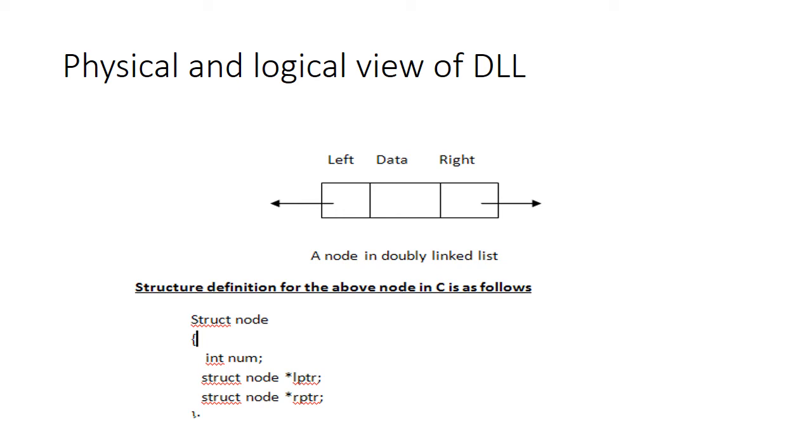We have to create a self-referential structure such that it points to itself. That is, the left pointer will create a node towards the left side, and the right pointer will create a node towards the right side, again with these three fields. That particular node will again have a data field in between, a left pointer which holds the address of the left node, and a right pointer which holds the address of the right node. This will go on. Repeatedly we will be creating as many nodes as we want, and whenever you call this particular structure, automatically a node with three fields will be created.